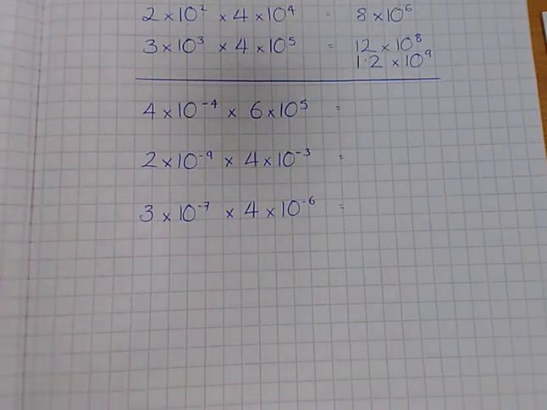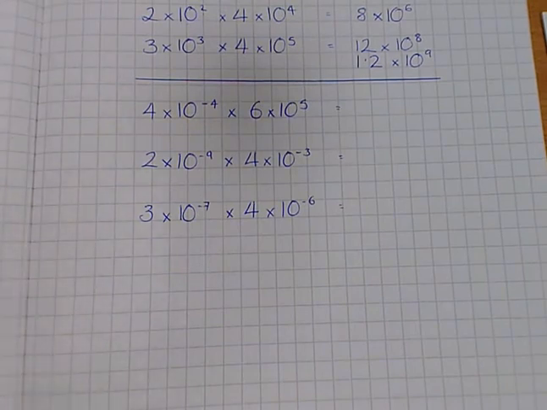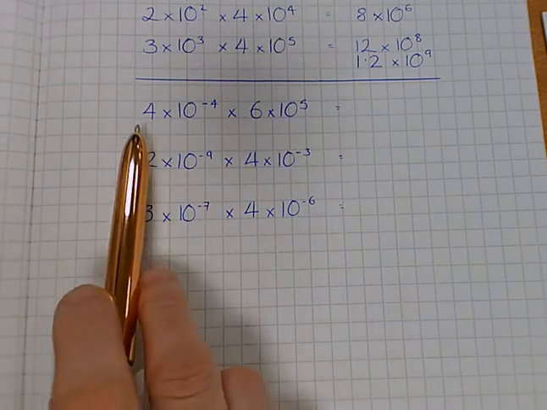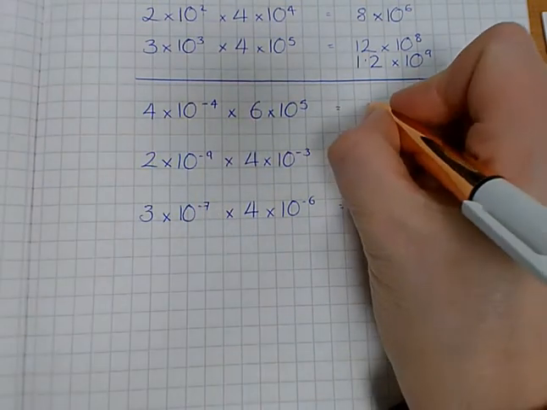Okay, we've got another 3 examples to have a look at here. You'll notice that the first one there has got a negative indice here. But we're still going to treat this in exactly the same way. So I've got 4 times 10 to the power of negative 4 multiplied by 6 times 10 to the power of 5. So again, I'm going to take the two numbers that I've got here, 4 times 6, that is going to give me 24,